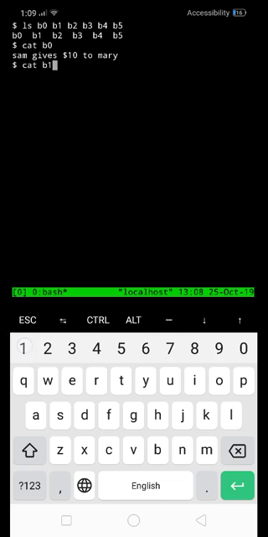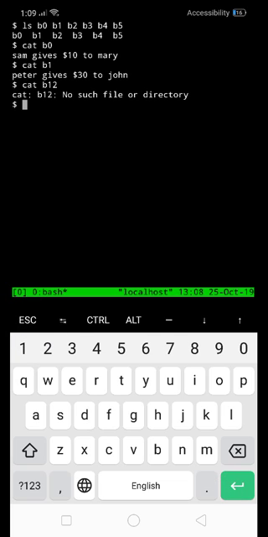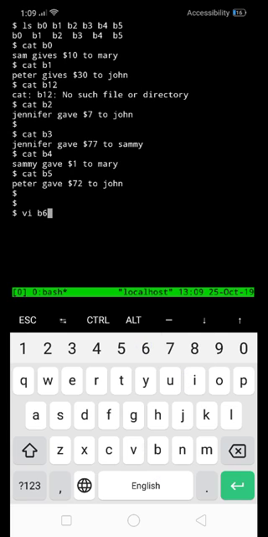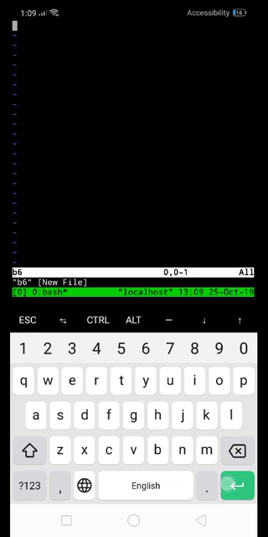B1, B2, B3, B4, B5. And if another person transfers money a few minutes from now, see B6, that reality still does not exist, it will be written to the blockchain.